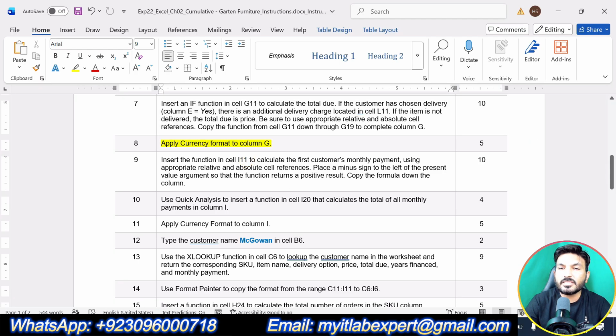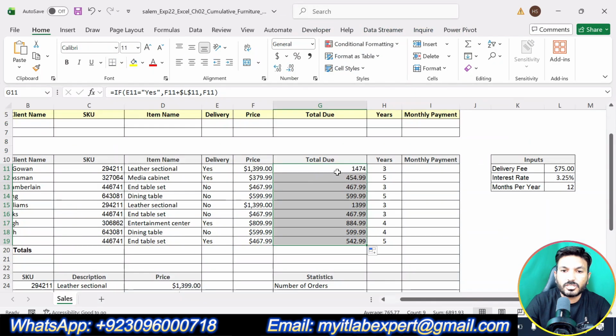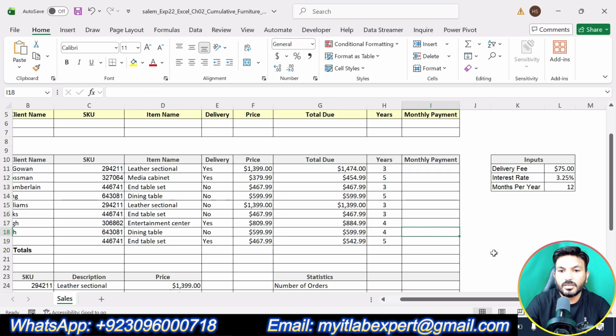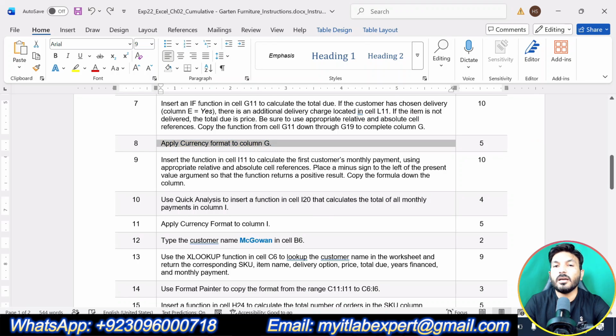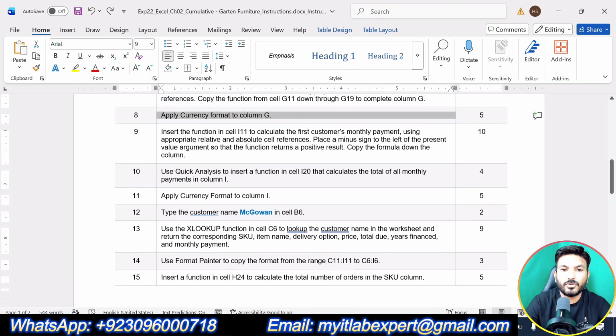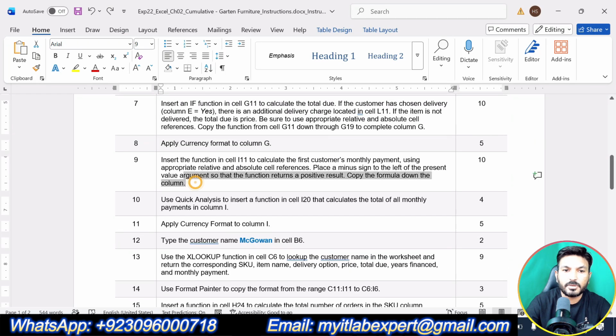Now, apply currency format to column G. So we are supposed to select column G again. Go to the Home tab, go to the Number group and apply currency format. Okay, so we got all the total due. So that is all about step number 8. So we are done with step number 8, and now we're going to do the next step, that is step number